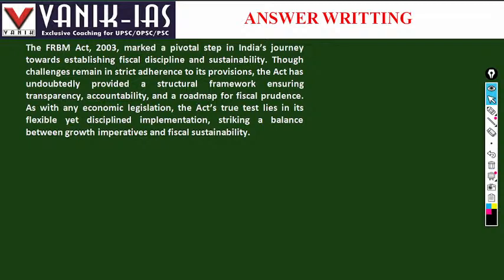Because the FRBM Act was passed to keep the government deficit under control and put a check on the borrowing power of the government. Because governments go on borrowing unlimited amounts, that led to